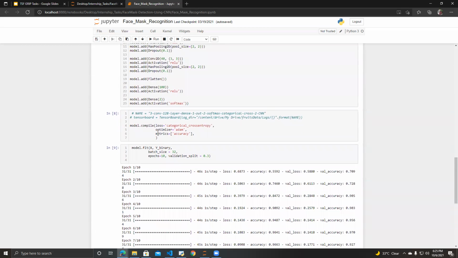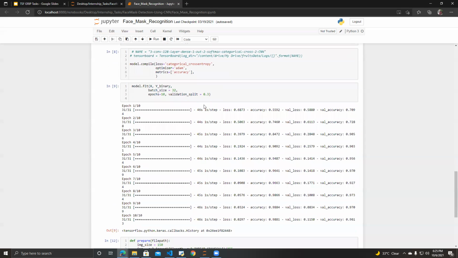For model compiling, we are using the loss function categorical cross entropy, the optimizer Adam, and the metric accuracy. For model fit, we are using 10 epochs for our training, and the validation split is 0.3.